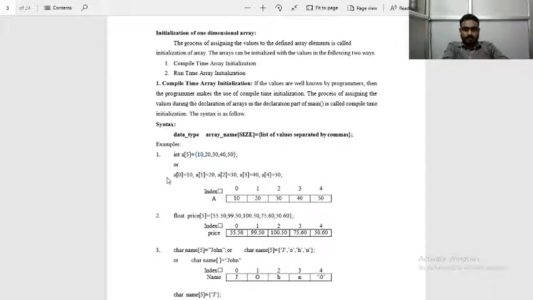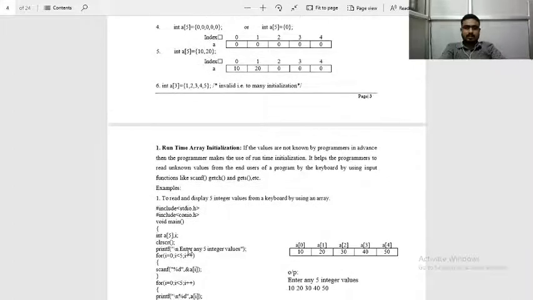Or we have another method: a[0] = 10, a[1] = 20, likewise a[4] = 50. In this manner the array elements are stored in memory. Here is an example for the floating type, and here is an example for the character type.